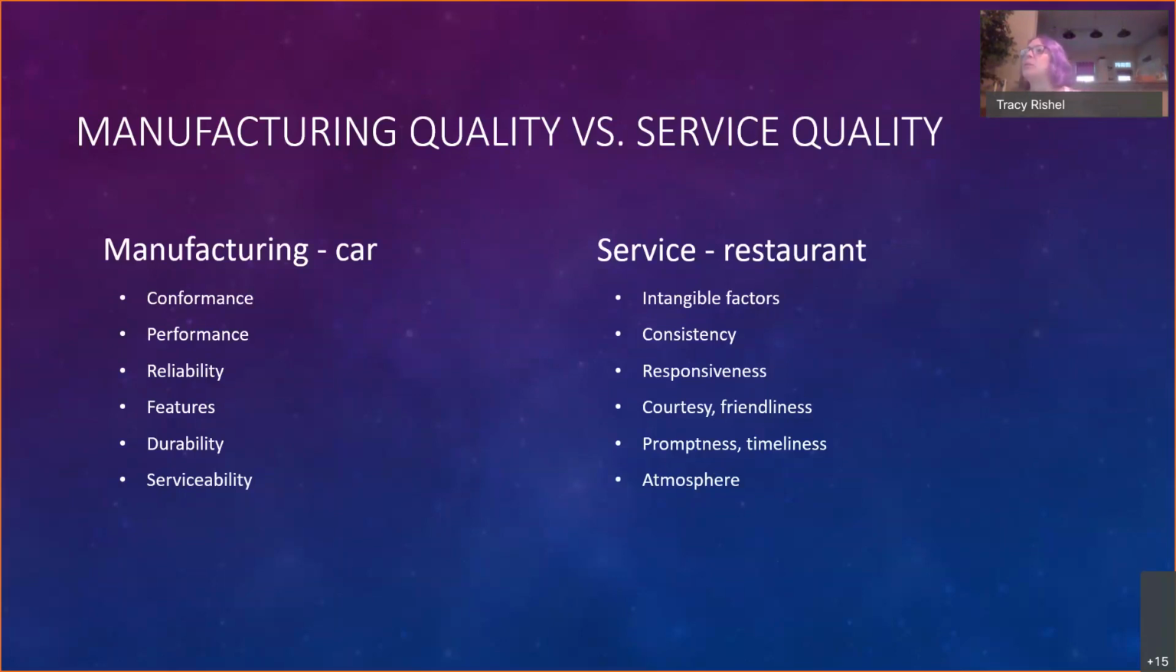Something that's really important is safety. And so again, the way that we look at quality in a car would vary among us. And the same with a restaurant. When we're talking about a restaurant, we're talking about intangible factors. Let's say